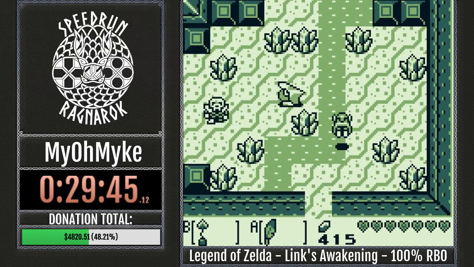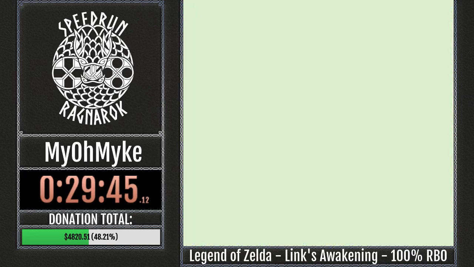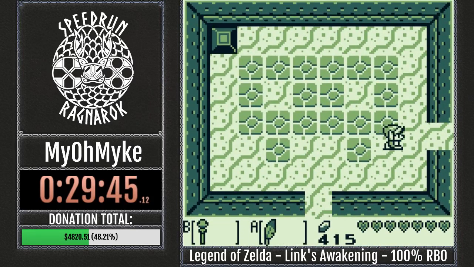Boom, boom, boom, boom. I'm gonna do another trick here. Let's see. There we go. As you can see, there was a little bit of lag when I opened up the menu there. That is because I used the magic rod just as I was moving from one screen to the other. And if you get the timing right with that, the game gets stuck in the command to draw a fireball